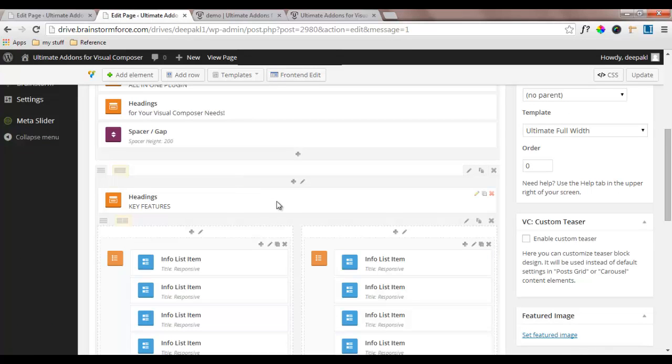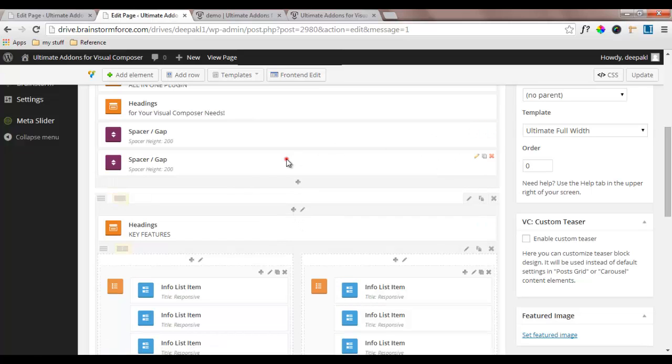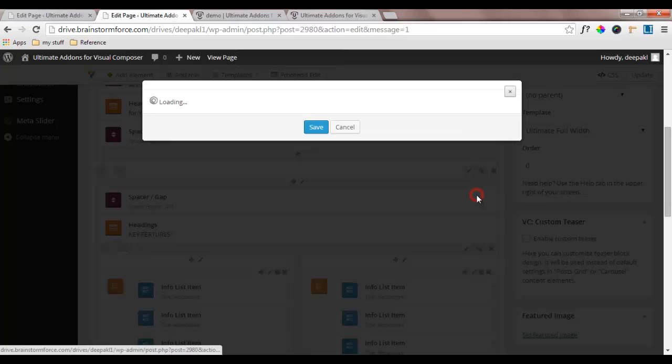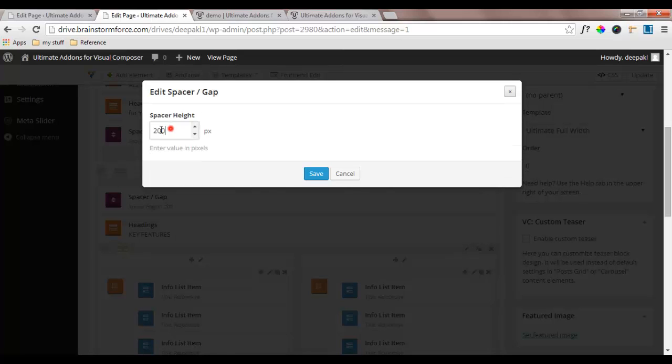So I'll add the same spacer. I'll just duplicate it from the top of the row, and I'll just drag it to the second section of the row and place it here, and just change the setting. I'll just go with 60 pixels